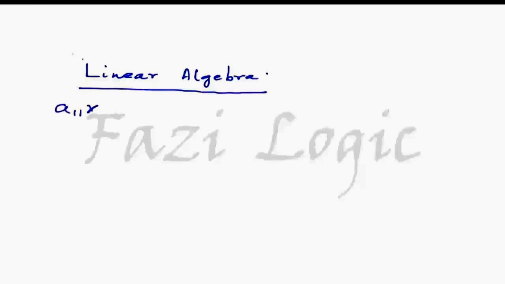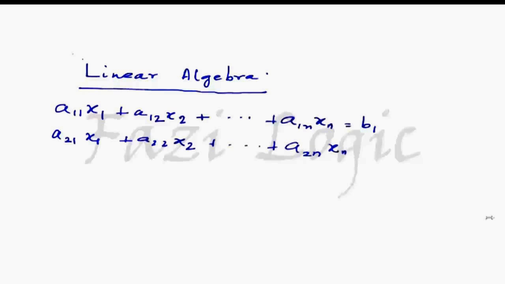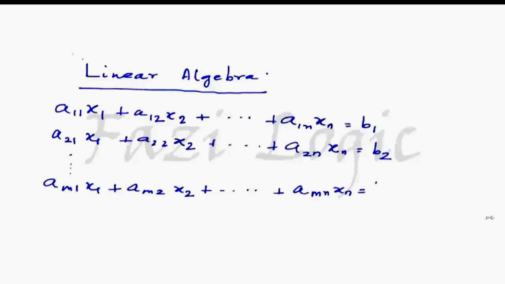a11 x1 plus a12 x2 plus a1n xn equal to b1, a21 x1 plus a22 x2 plus a2n xn equal to b2, and so on, am1 x1 plus am2 x2 plus amn xn equal to bm, where aij,